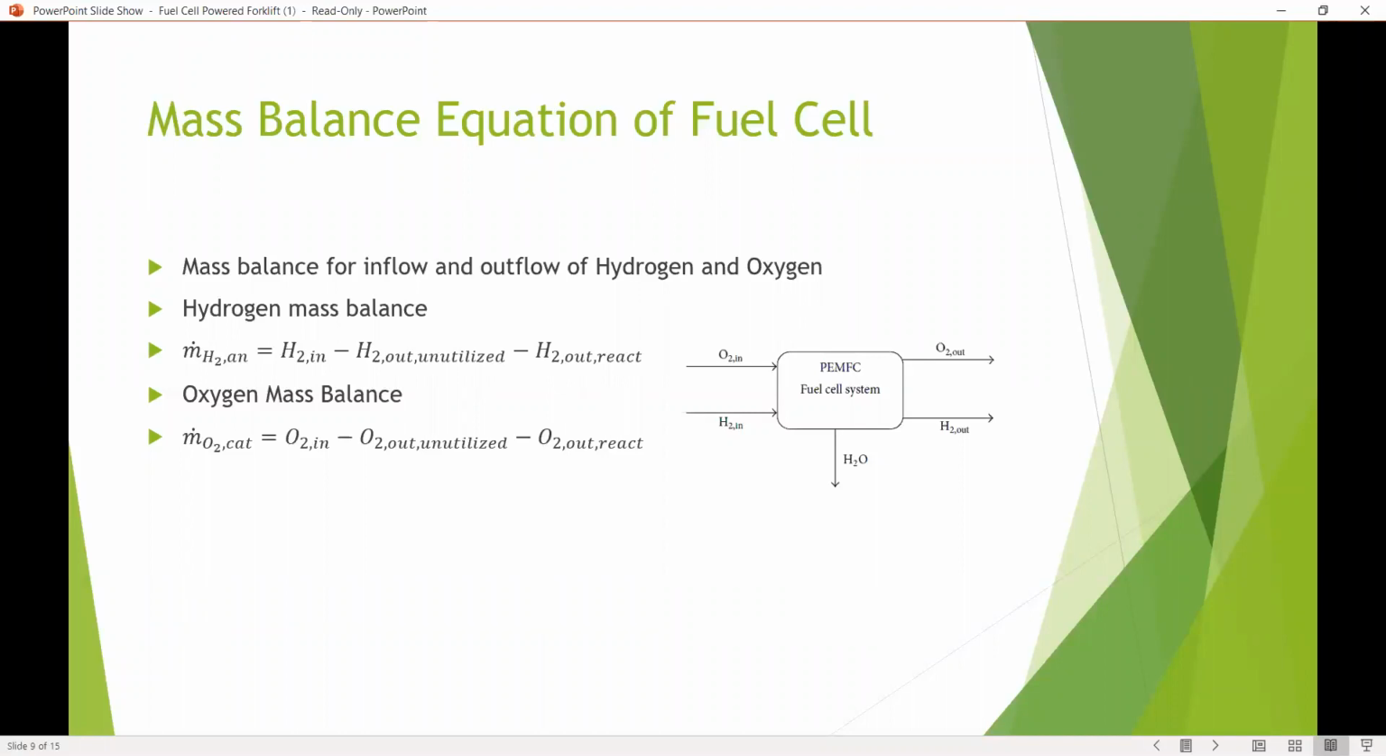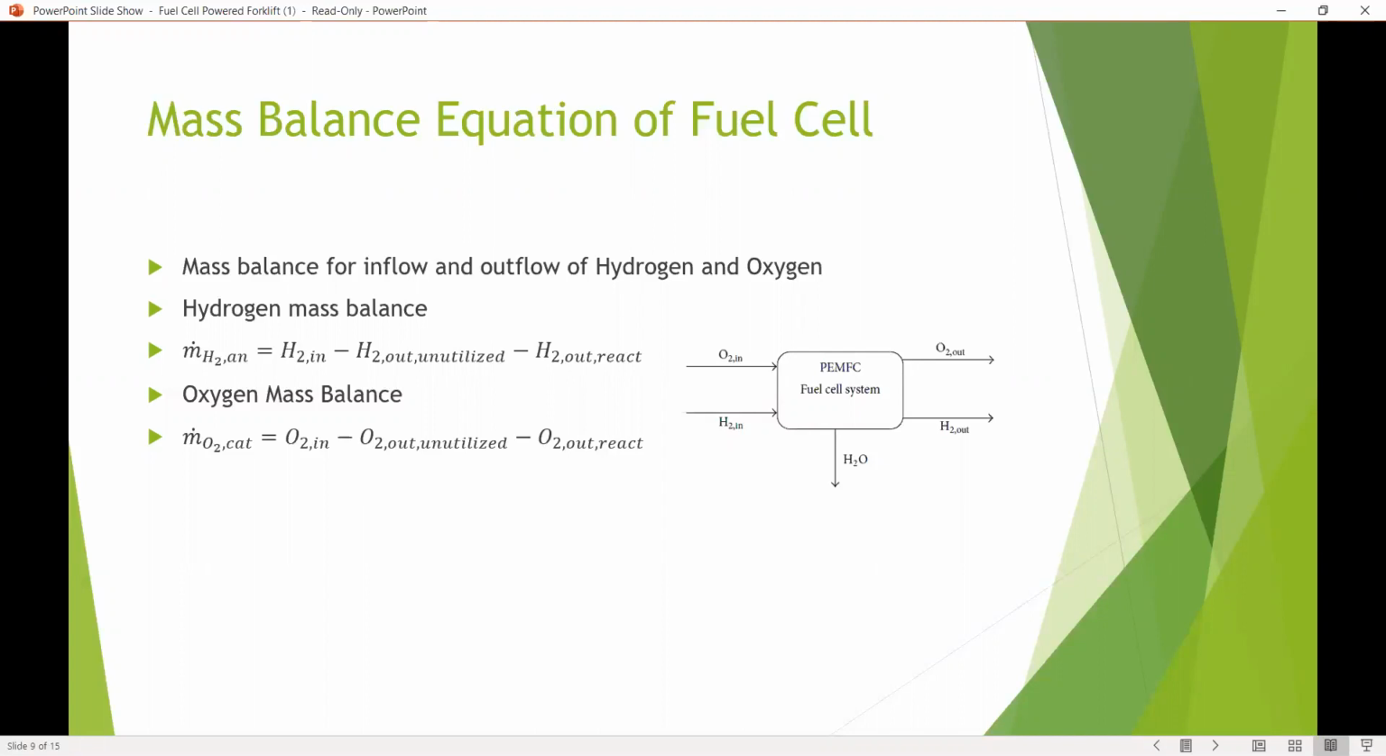A mass balance was performed for the inflow and outflow of the reactants in the fuel cell. Noticing that not all the hydrogen and oxygen that flows into the fuel cell is utilized, the mass balances are as follows. For the anode side,